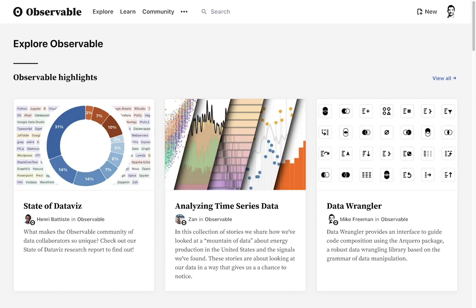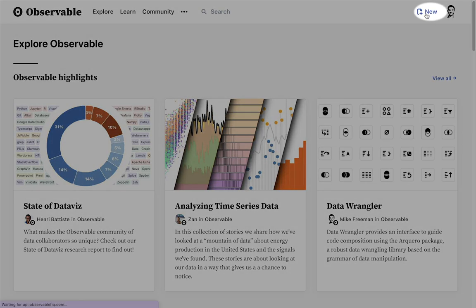Observable is a platform where you can collaboratively explore, analyze, visualize, and communicate with data on the web. In this demo, we'll show you how you can work with your own data and discover business insights in just a few minutes. To get started from your logged in Observable account, click on the New button at the top